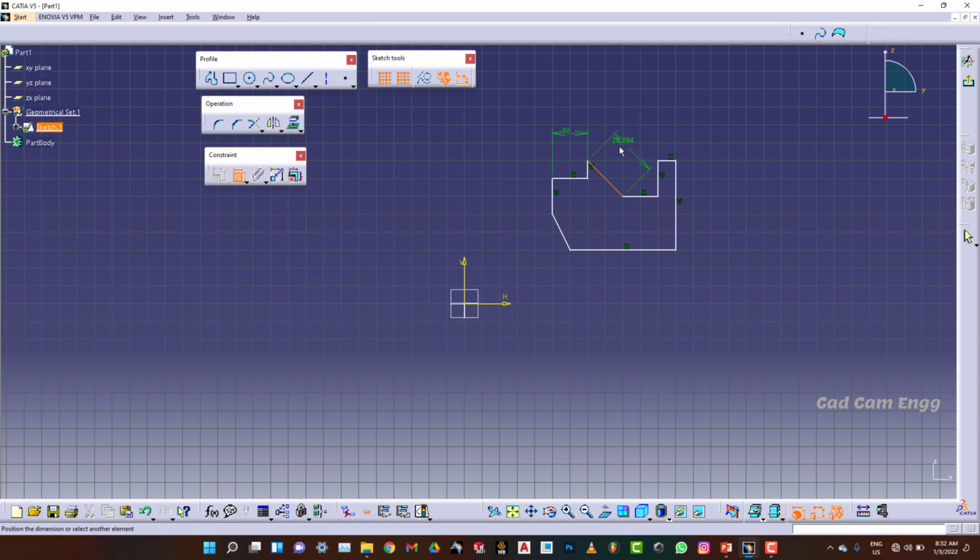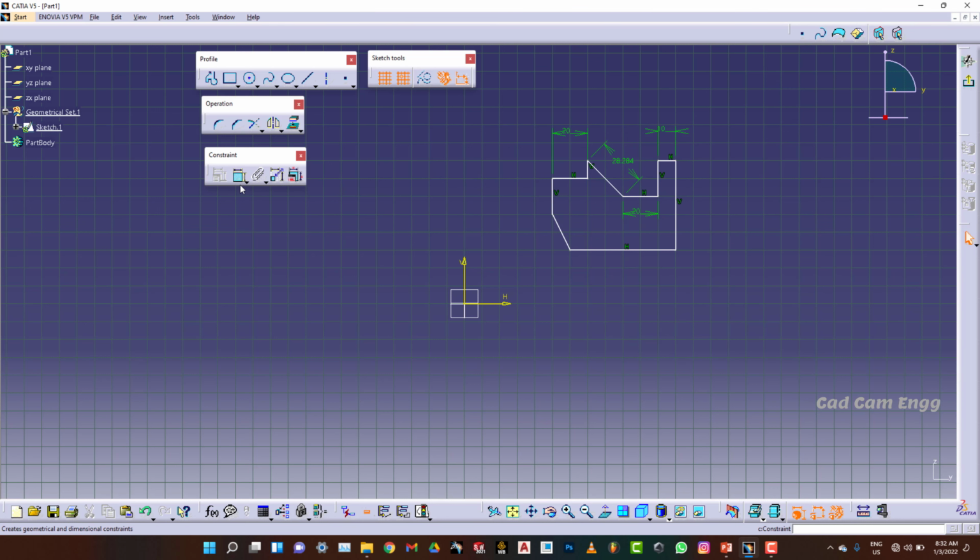If you are having any slanted heights, if you want to give this line length, you can select this. If you want the here to here distance, you can come here for horizontal measurement and vertical measurement. Like this if you are giving, it is horizontal, and like this if you are giving, it is vertical. Like this also you can give. Okay, after that I selected this line again. I'm giving this bottom side. Again I selected a line.